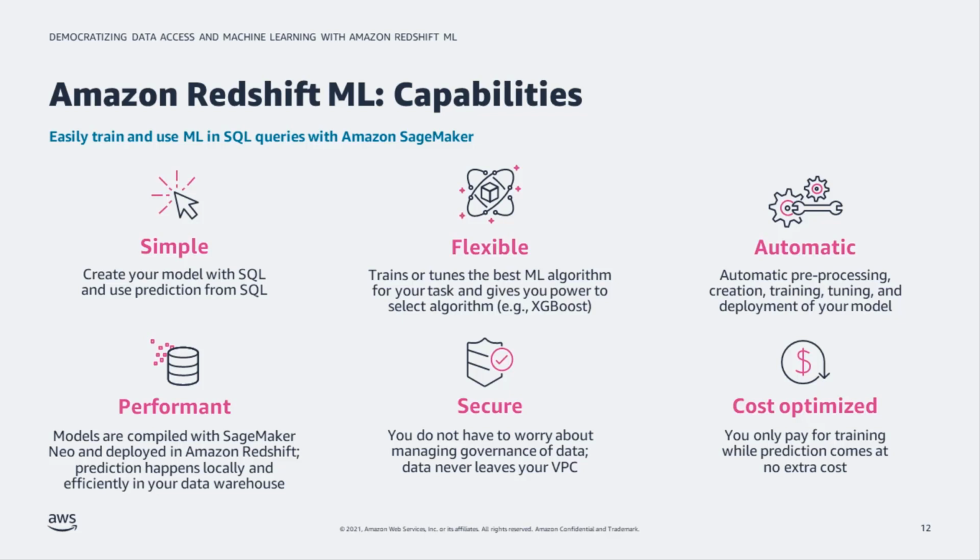In either case, the execution of the steps is fully automatic. Without any user input, the pre-processing of the data, creation of the model, training, tuning the model, and deployment of the model are carried out automatically. The inference or prediction algorithms run inside Redshift. As a result, the algorithms leverage the power of Redshift's massively parallel processing architecture to run machine learning in the data warehouse in a performant manner.